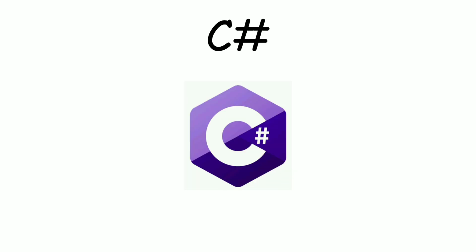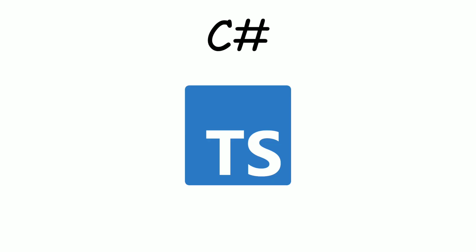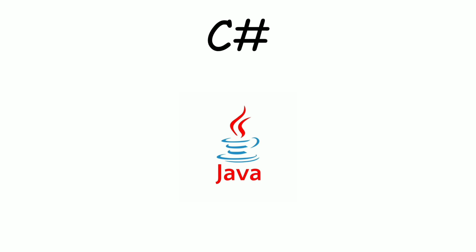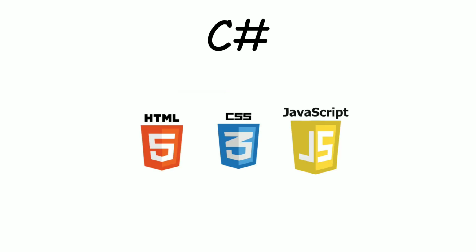C# is a programming language made by the creator of TypeScript, Anders Hejlsberg. C# was released in June 2000 and was created in the 1990s. When C# was first introduced, as a first version of C#, it had similar syntax to Java. When building websites, CSS, HTML, JavaScript are the core programming languages.